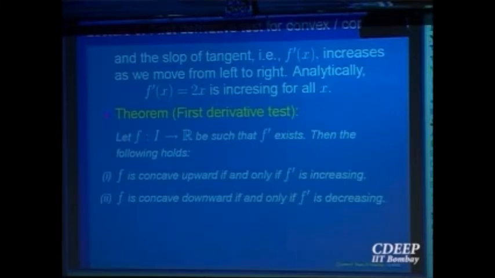If you know the function is differentiable and you have a property of the derivative, that the derivative is either increasing or decreasing, then the function is concave up or concave down accordingly. But both are if and only if conditions. Okay? And if you recall, for increasing we also had a one-way condition. So similarly there is a one-way condition. If f prime is strictly increasing, then only you can say that f is strictly concave. The converse may not be true always.